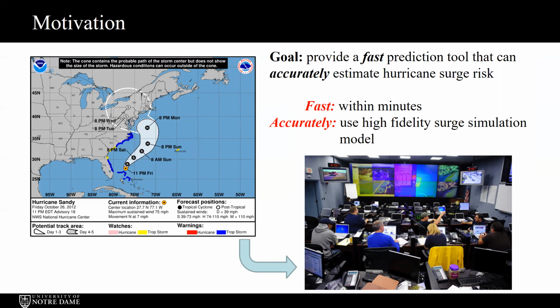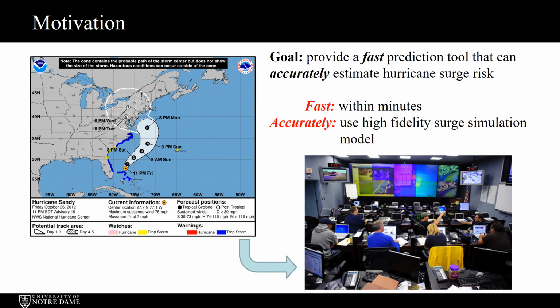So we have two objectives, both in terms of accuracy, but also in terms of speed. And for emergency managers, this could be during an actual landfalling event. For planners, it could be just to come and simulate a potential future substantial storm events that are going to